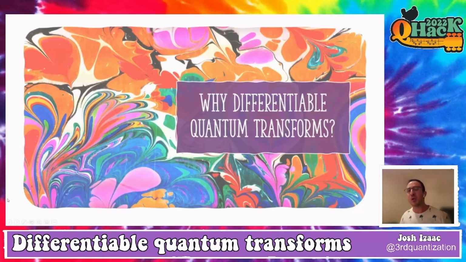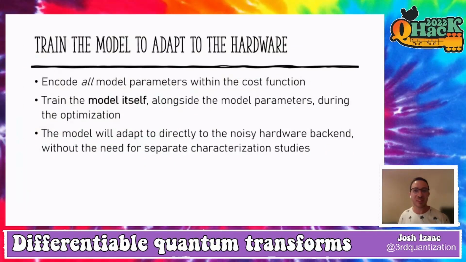So this is really neat, but why would we want to do this in the first place? So there's a couple of cool reasons why we might want to do this. So if we write our model such that we're using differentiable quantum transforms, we have this really neat ability to now train the model to adapt to the hardware. So we're not stuck in this case where we have a very rigid model and we have to assume that we've written a model that works on a particular noisy setting that we've chosen. Instead, what we can do is we can take these model parameters and encode them within the very same cost function we're optimizing. And what this means is that we're training the model itself alongside the model parameters during the